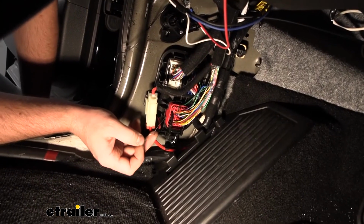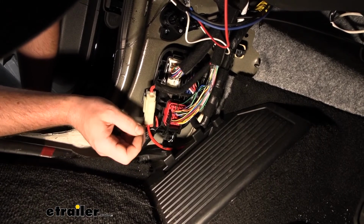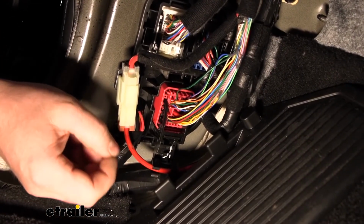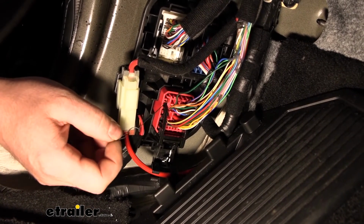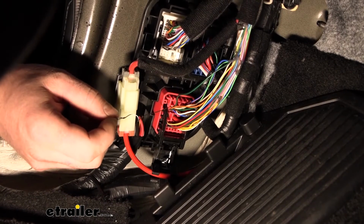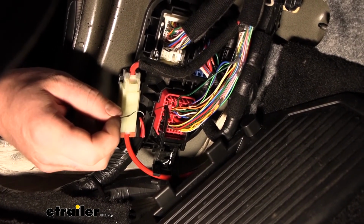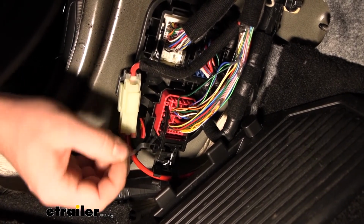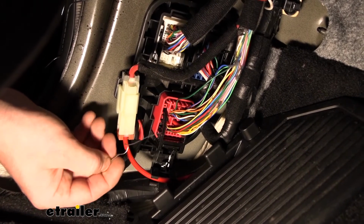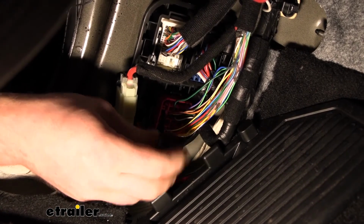For the red wire on our brake controller plug, that's going to have to get hooked up to our brake light signal from our vehicle. So if you look at this big red connector plug here, this factory connector plug, and if you're looking at it head on, the top left corner, 3 pins down, that's going to be the wire. It's a green wire with a black stripe, and just to verify that's it, you can take like a paper clip or a thin piece of baling wire or something and just very carefully push it into the back of it there,